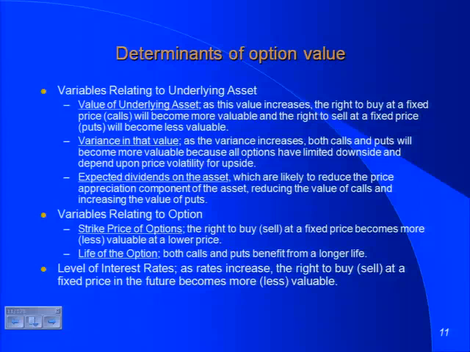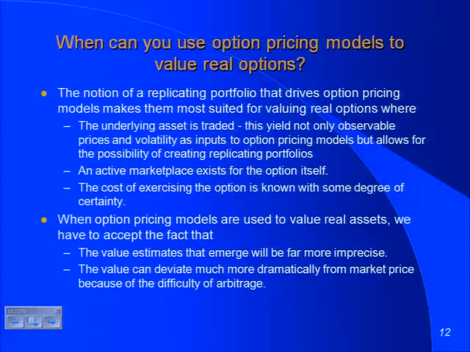So when is there an option? Once there is an option, it is a significant economic value. We know what the 6 variables are. Which brings us to the third question. When can I use an option pricing model to value an option?